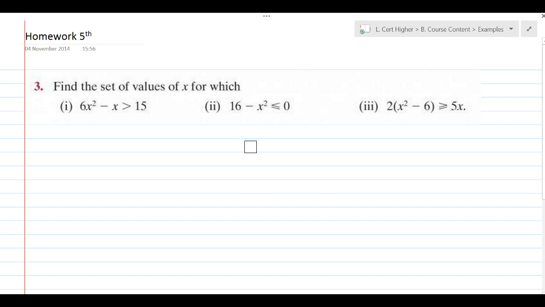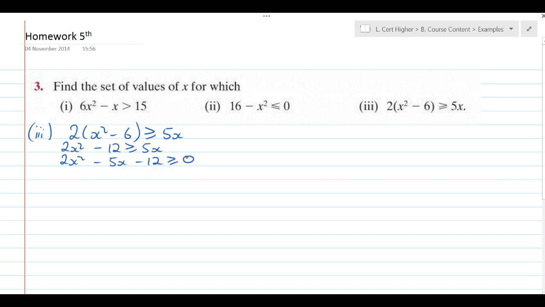Okay, let us look now at example 3. We have 2 bracket x squared minus 6 greater than or equal to 5x. Before I do this, I'm going to multiply out the brackets to get 2 by x squared is 2x squared, 2 by minus 6 is minus 12, greater than or equal to 5x. And again, I'm going to bring the 5x across to have 2x squared, subtract 5x, subtract 12 is greater than